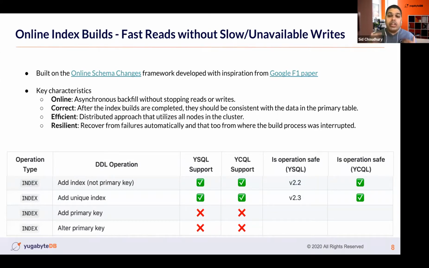What we're moving towards in the next cut is the ability to support unique indexes across both the APIs. And then we have to start planning towards the ability to add a primary key, assuming you did not provide the primary key at create time, and then altering that primary key. Both of these, the last two problems, are extremely difficult problems for a distributed database. So that's why our focus has been primarily on the non-primary key indexes. Okay.